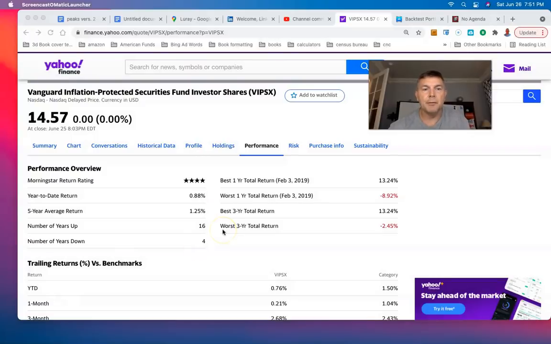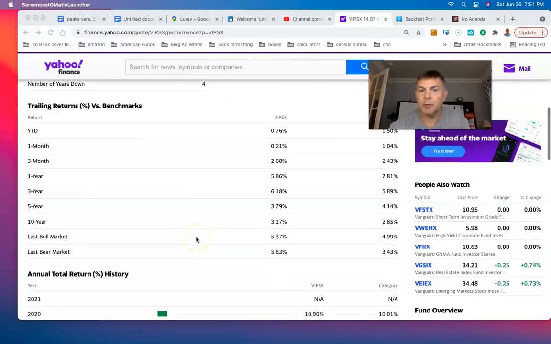Hopefully you have no debt. Hopefully you're not spending like a drunken sailor. Hopefully you're not lighting cigars with $100 bills. Hopefully you have some cash. But you also want to make sure you have a diversified portfolio of somewhat non-correlated assets. So let's look at the Vanguard inflation protected securities. The first thing we're going to do is look at